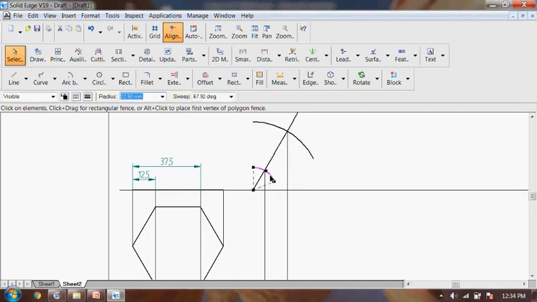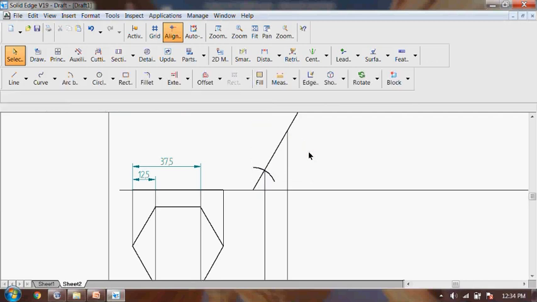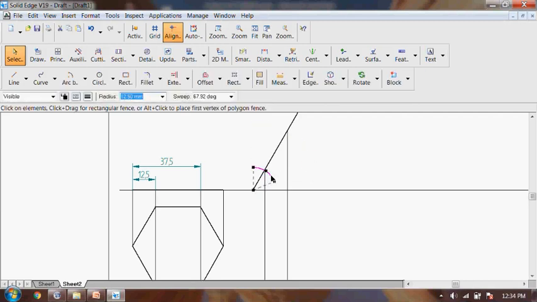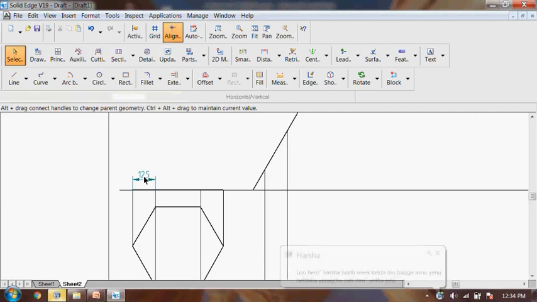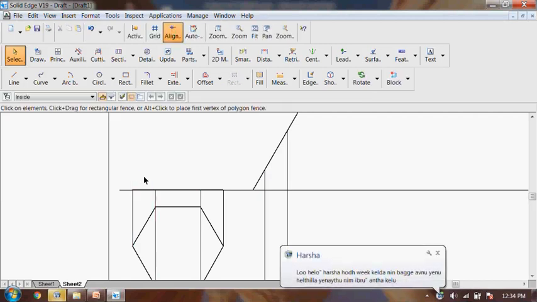So with the arc method you got the same line. Again here also you got the same line. So this you have to follow in the manual method. Don't follow it in the computer method. Even though you can do it in the computer method, it's lengthy and has more steps to follow. So instead go for